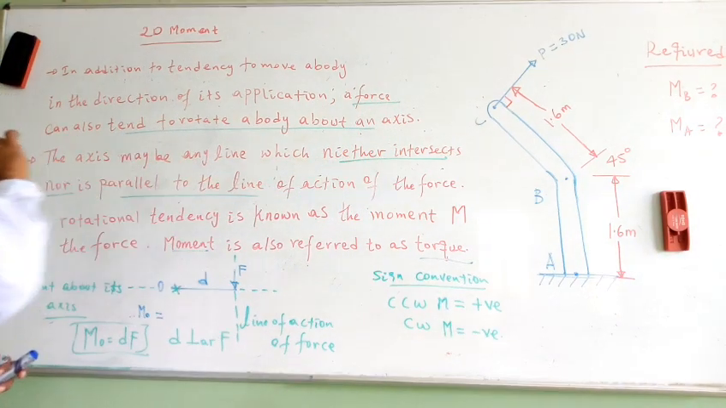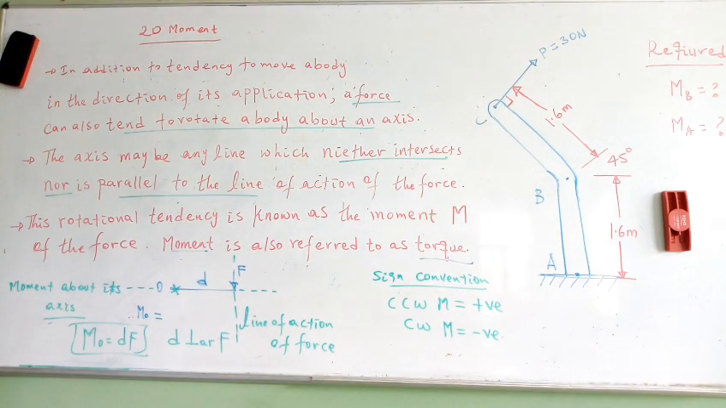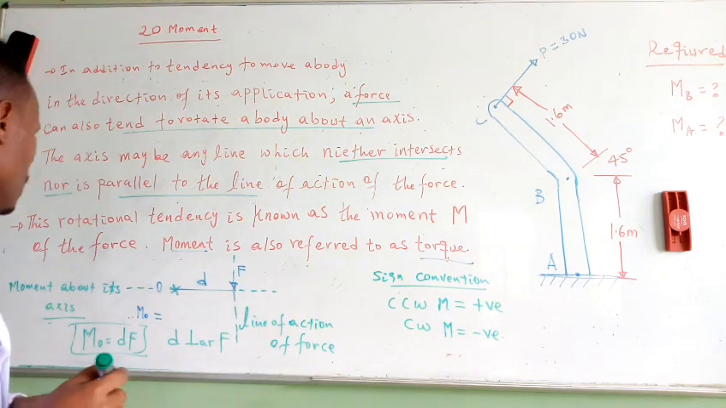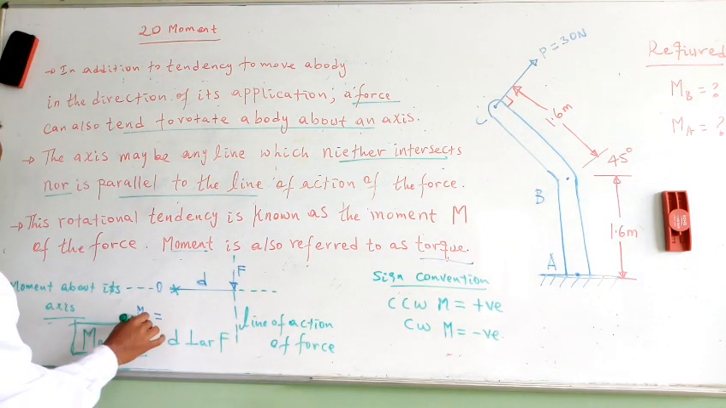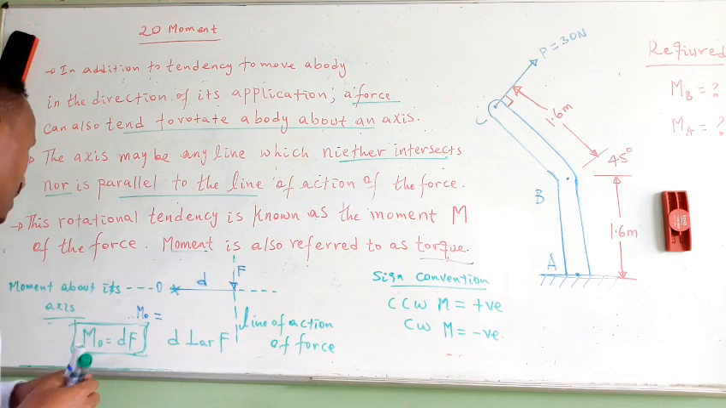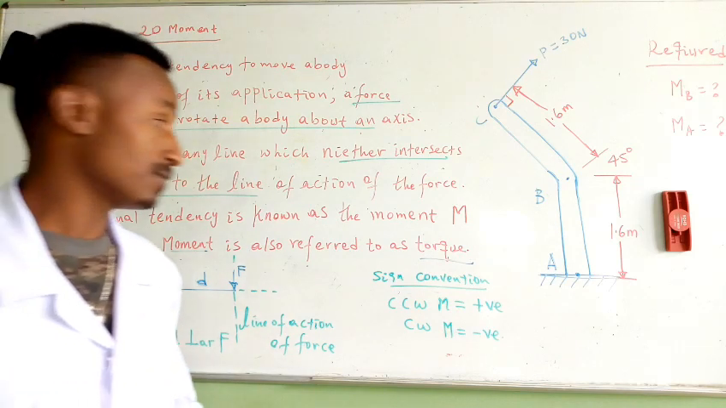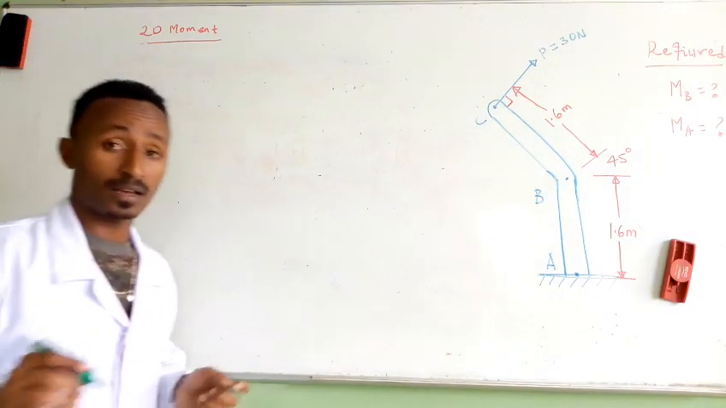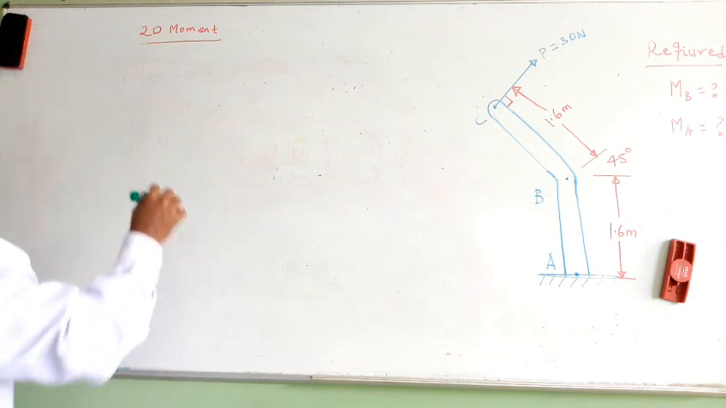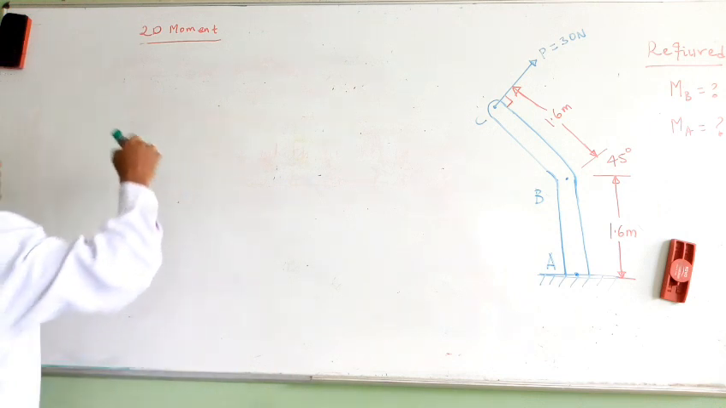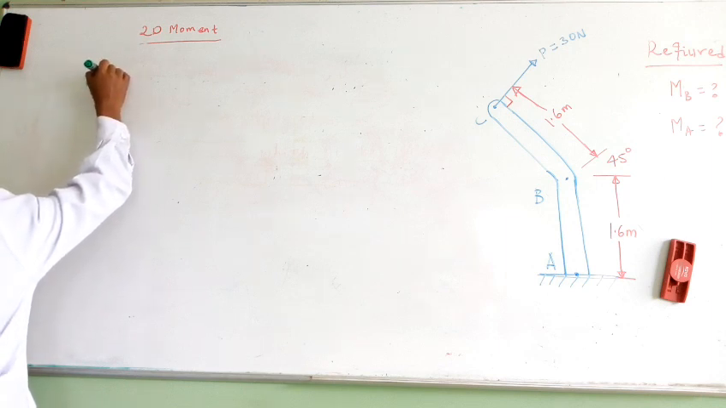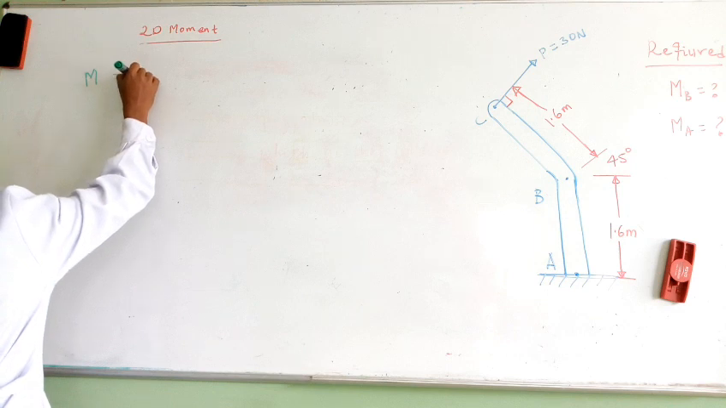We know that the force's tendency is to move a body in the direction of its application, but in addition it tends to rotate a body about its axis. So using this formula we can solve the problems. If the force is given in vector form, we can use the cross product: moment at point equals r cross force,